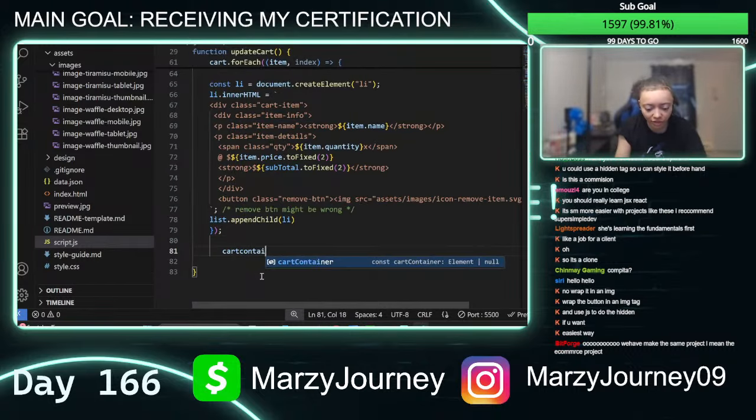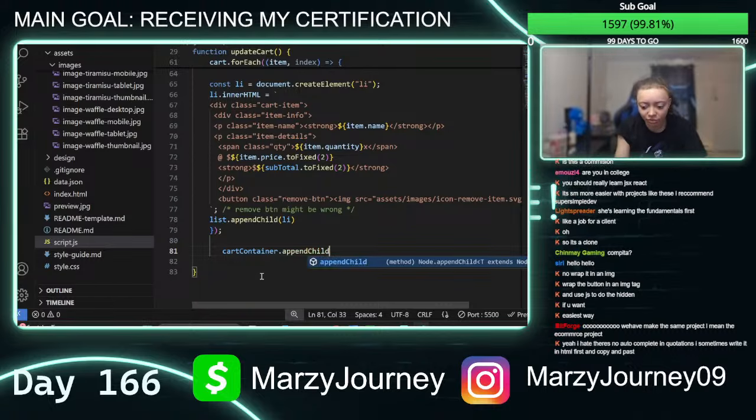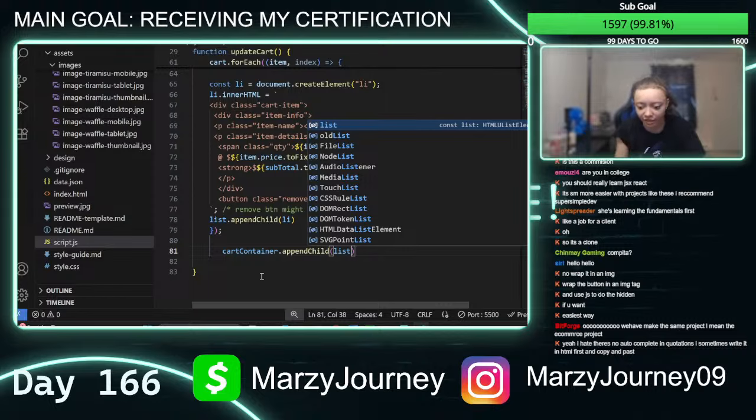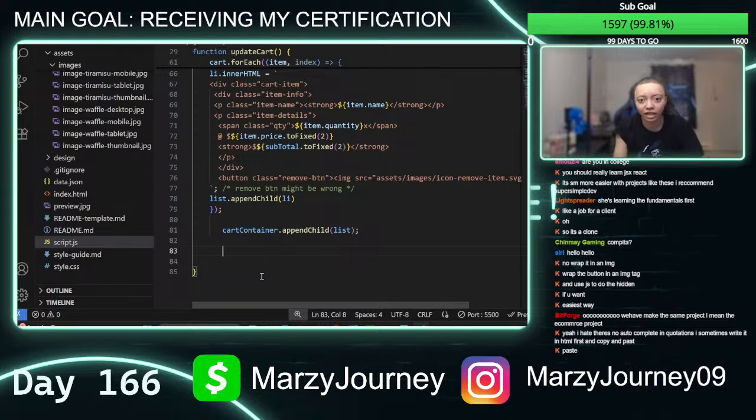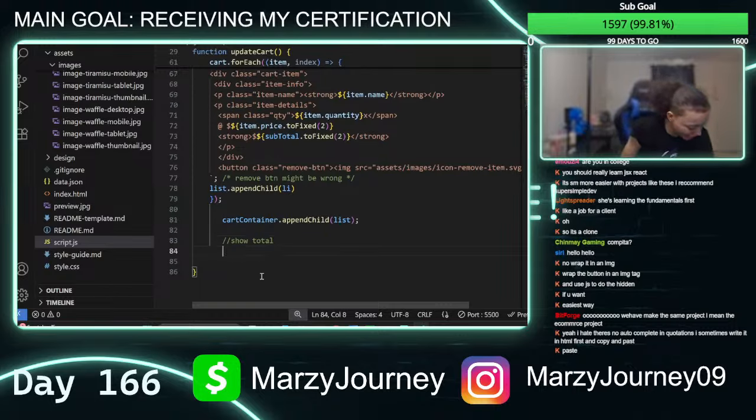We're going to go cart container, if I could spell. Cart container, and then we gotta go append child again. I love appending child. Honestly, appending child used to be the hardest thing for me, but then I finally understood it, but it's still so hard for me to explain to somebody. And now we gotta append child, and then something like I was saying previously, I want to get used to writing notes on what I'm going to do. So I'm going to make something that shows the total. So let's get into that.